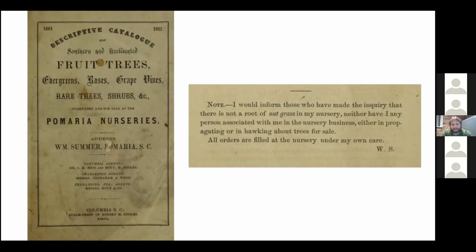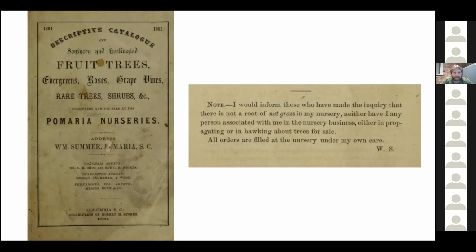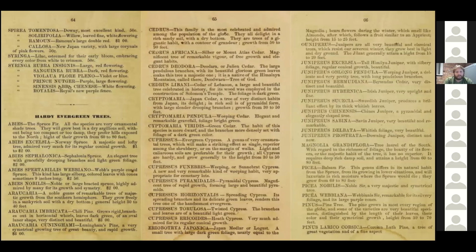You can see that they're claiming that they have not a root of nut grass in their nursery. And I'm assuming they're talking about nutsedge here, which is really interesting, right? Because nutsedge is still such a big problem, but a very important source for us. And here I'm displaying just a small portion of this 90-some page catalog,